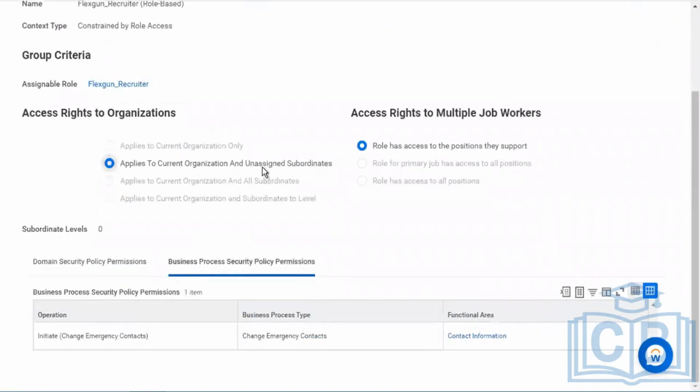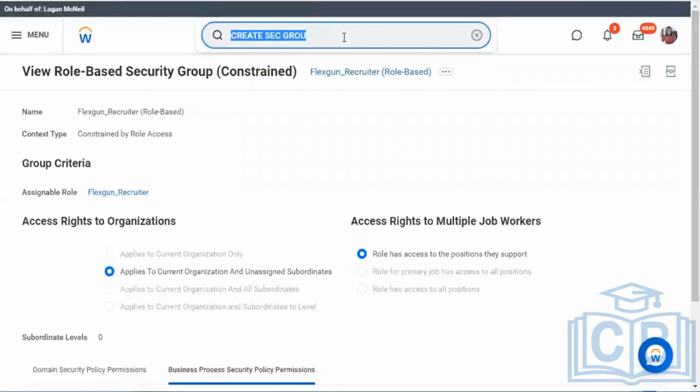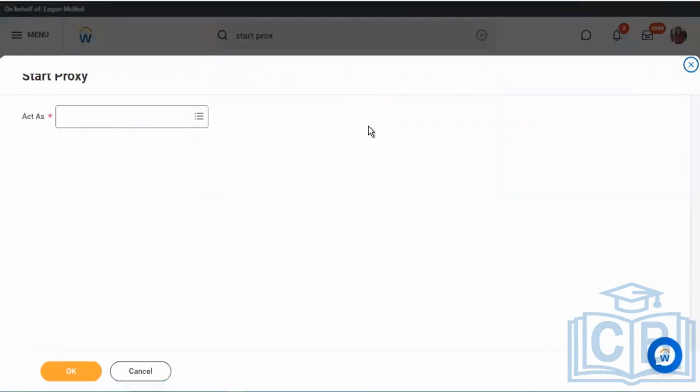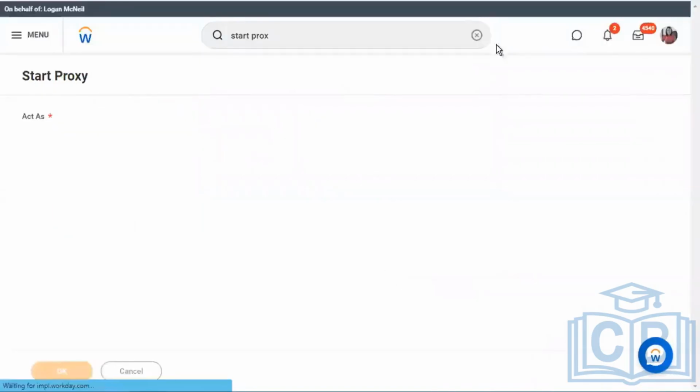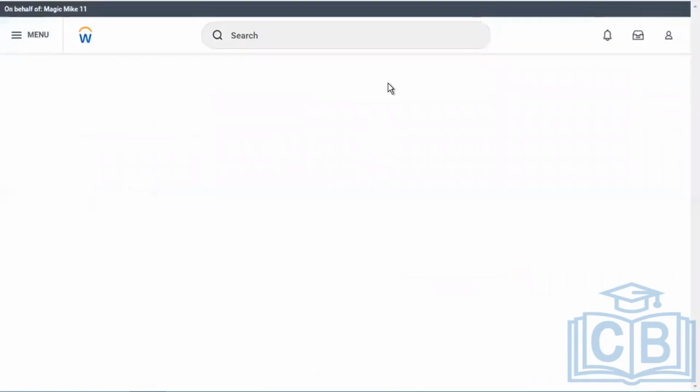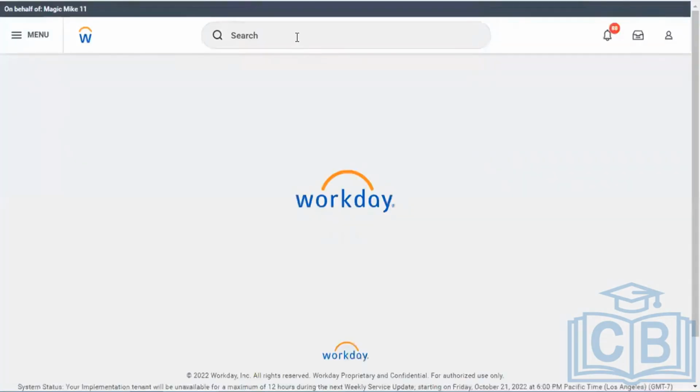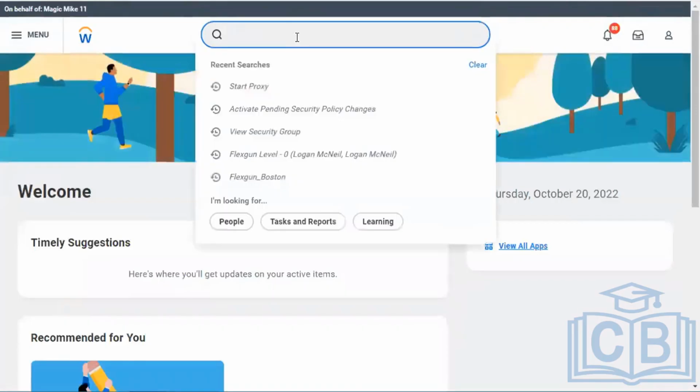Now if I proxy in as Mike, Mike should be able to view and make changes to the emergency contact for anyone hired in FlexiUn and in the location that we have.